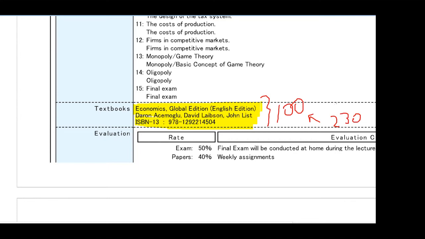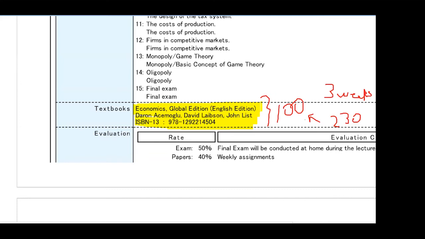Of course, I immediately reordered an additional 130 textbooks from the University Co-op. But they say it takes up to three weeks to get these books, and I don't want you to stay away from the textbook for three weeks. So I have a couple of suggestions for you to get the textbook.